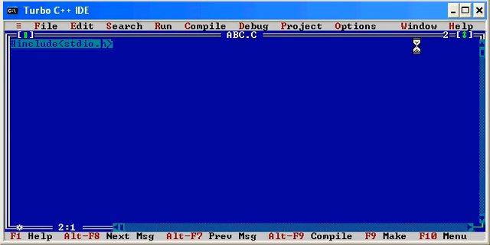Here we can write a constant: hash define, and space. Always remember, use uppercase. So I'll write AA space 10.